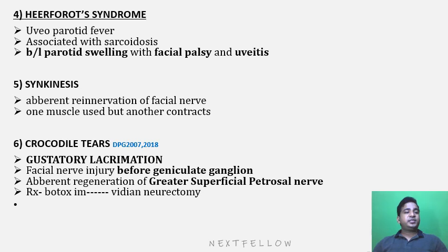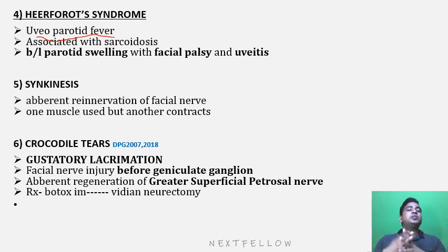Now, 4 diseases. Heerfordt syndrome. What do you mean Heerfordt syndrome? It is a uveo-parotid fever. What do you mean uveo? Uveal tissues are present in the eyes, like the iris, choroid. All this muscular supply in the eyeball. So, Heerfordt syndrome is a syndrome which is involving the parotid gland and the uveal tissue in the eye, that is the iris or choroid. So, there will be uveitis, inflammation of iris or choroidal tissue, and the parotid gland will